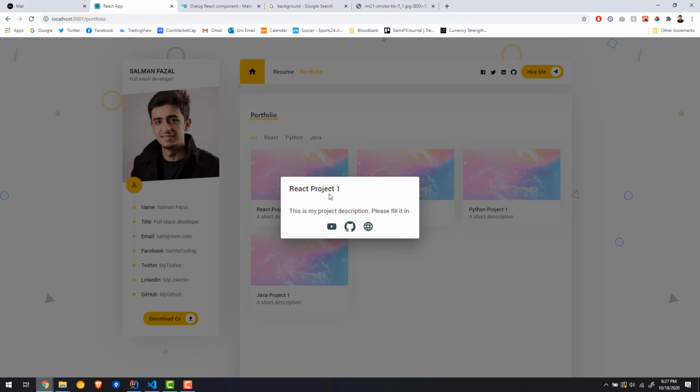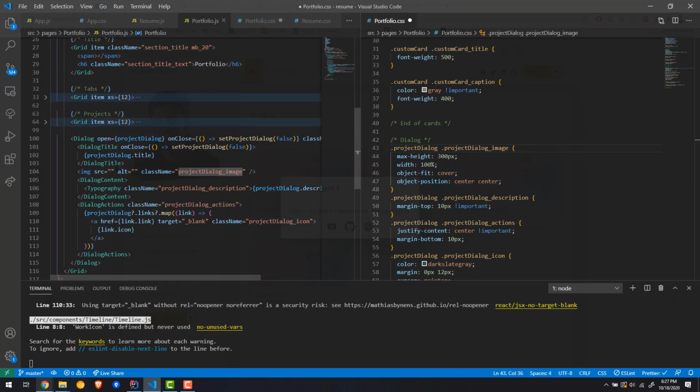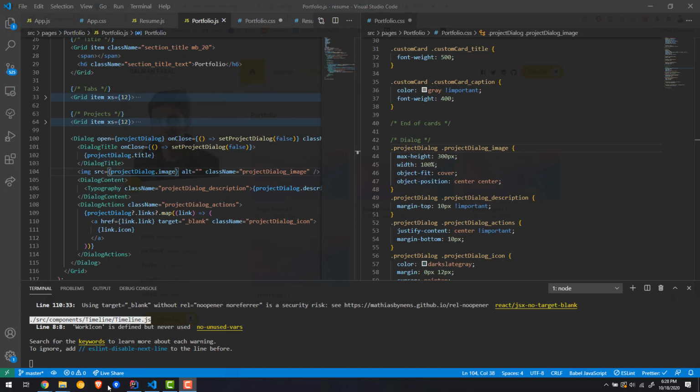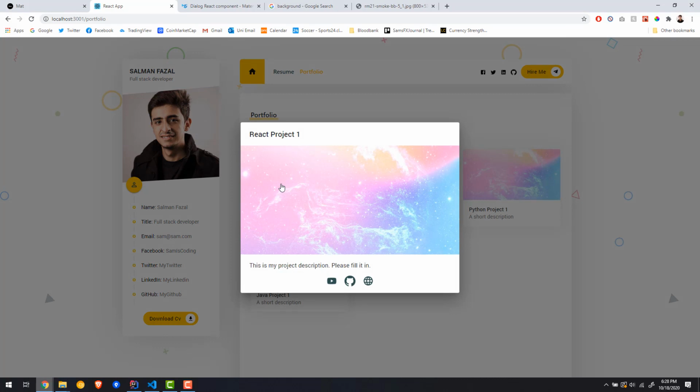So we have the title, the image is missing, so something's wrong with the image. Project dialog dot image, project dialog image. Oh wait, we didn't pass in the source. Okay, so this is going to be project dialog dot image, I think, right? Hopefully it is that. Let's see. Cool, perfect. So we have a title, we have the image, we have the description, and then we